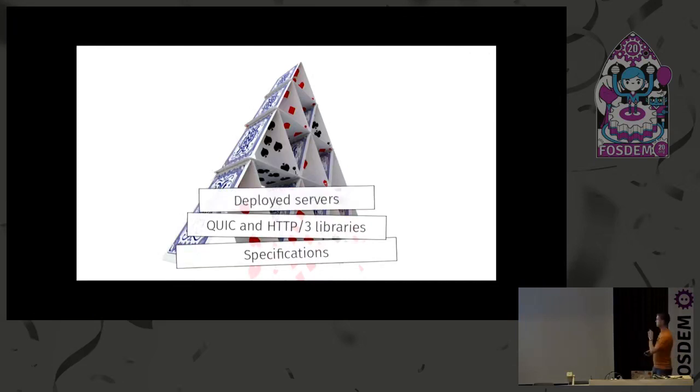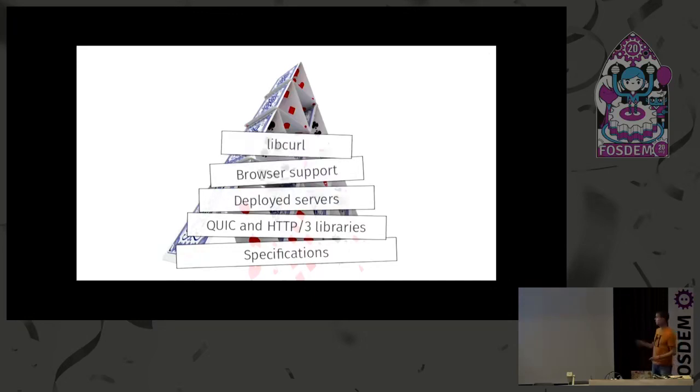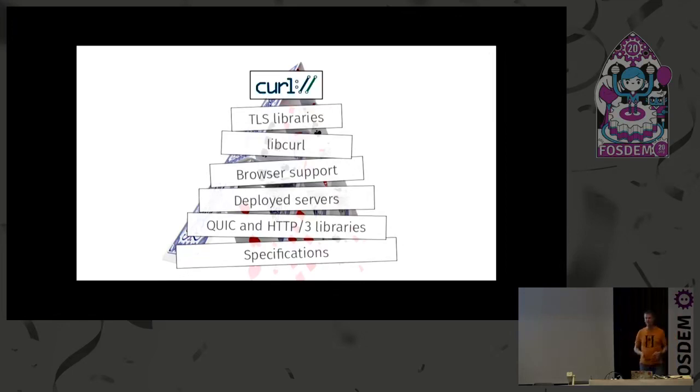And then I'm just going to have a few deployed servers before we can do this, right? Only Facebook and 2 Cloudflare servers are probably not enough. Browser support would be good. They're actually pretty crappy still. And so then I want to fix libcurl, and then we just have to have those TLS library situation fixed. How hard can it be to ship a TLS library API? And then we can ship curl. It might not be tomorrow.